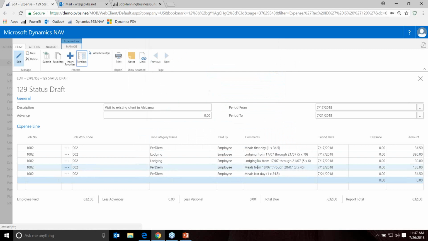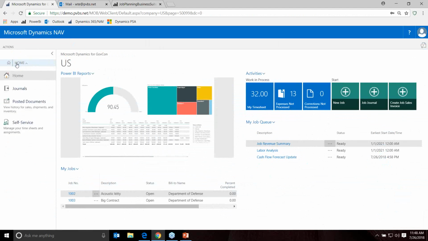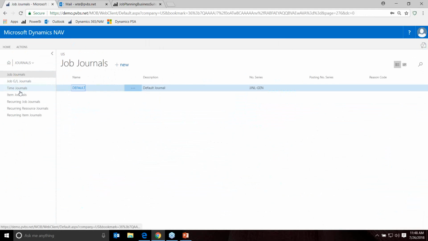So, really making it easy for people to record time and expenses and being able to do it from different devices. So now we've recorded those time and expenses, and now let's go through that process for how we are going to process time and bill it. So the processing of labor,